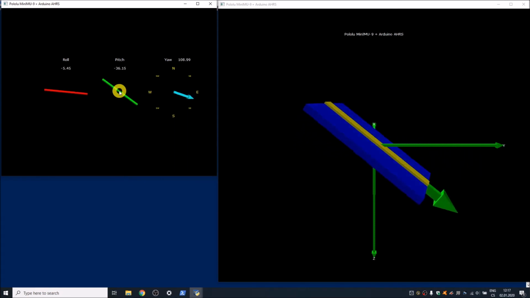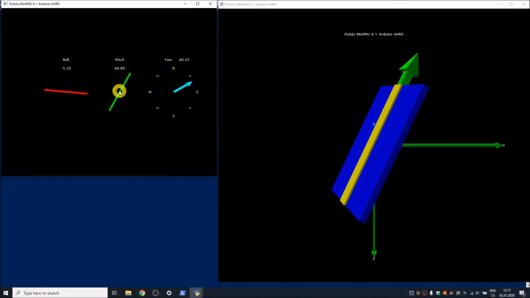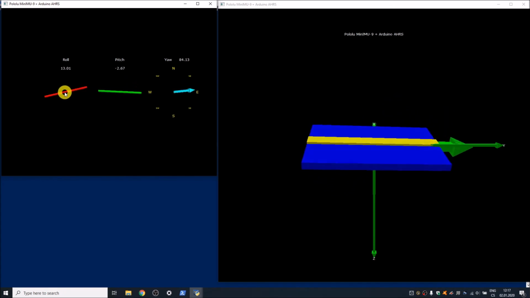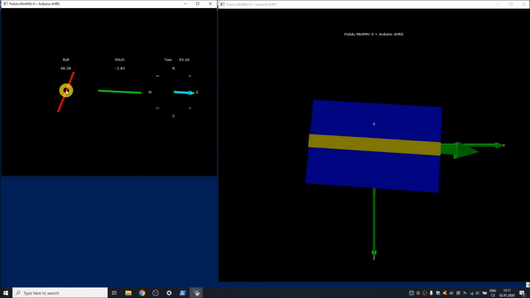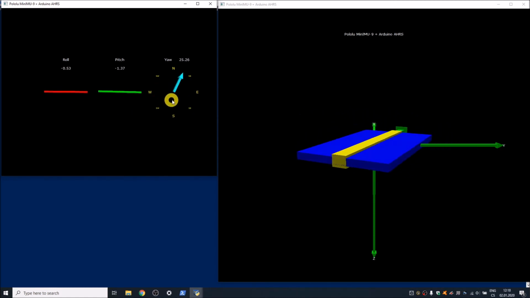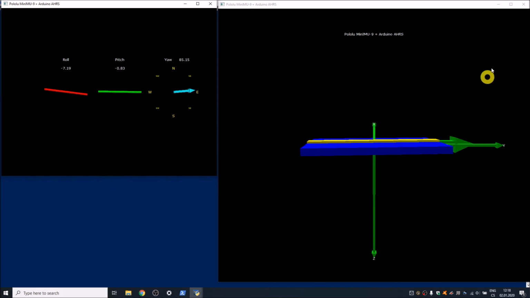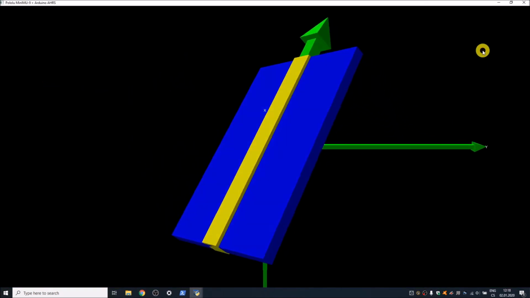You can see the tilt along the x-axis, tilt along the y-axis, orientation by compass, and overall position in space.